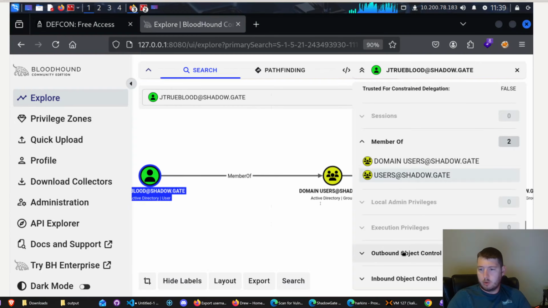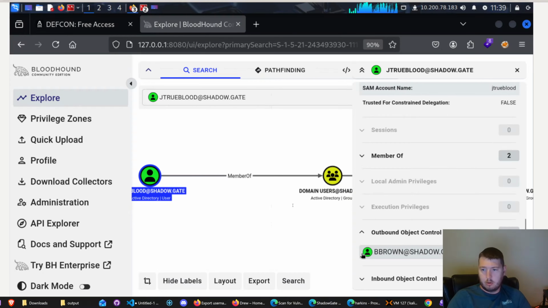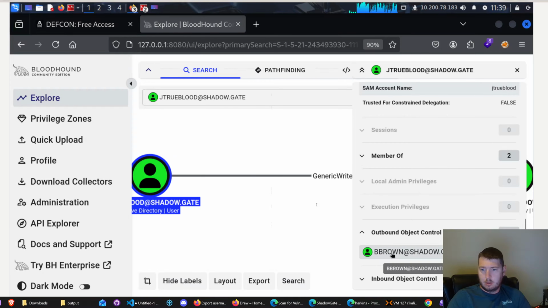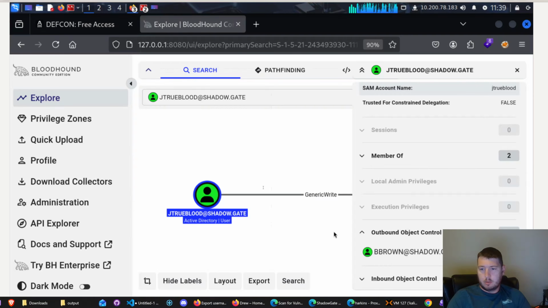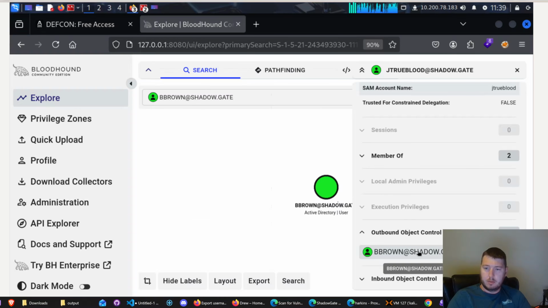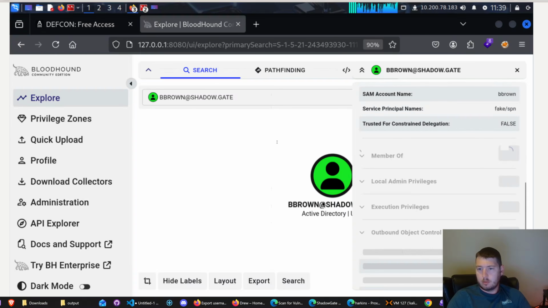However, this is important. Outbound object control. This user has control over something. It looks like it has GenericWrite on this B Brown user. What's up with this B Brown user? This user B Brown,